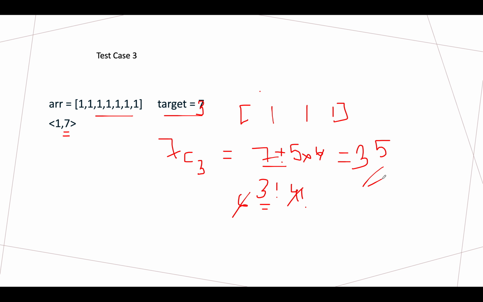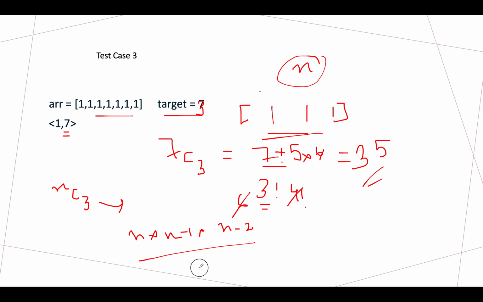So this brings us to another case when all the three elements, array of i, array of j and array of k, are equal, and the frequency of that element, let's assume, is n. Then the number of ways in which 3 elements can be selected is nC3, which is equal to n into n minus 1 into n minus 2 by 3 factorial, which is nothing else but 6.